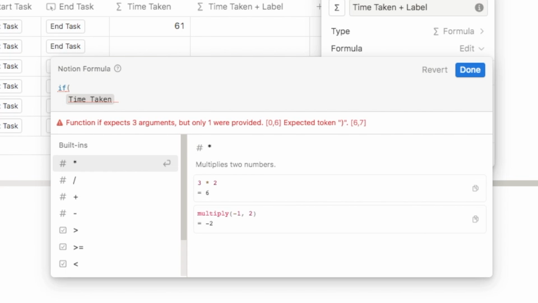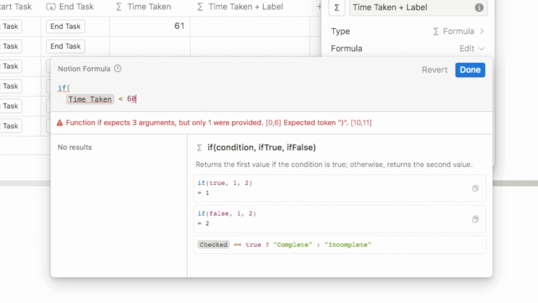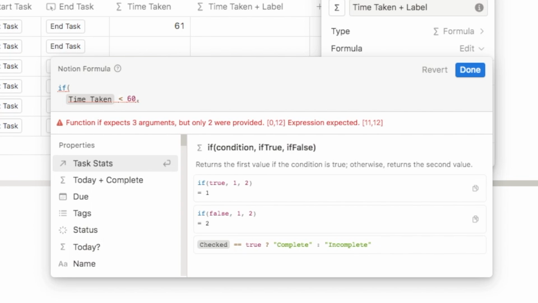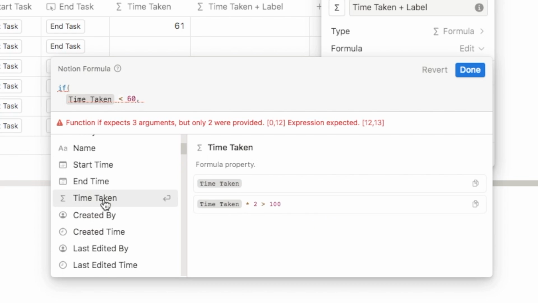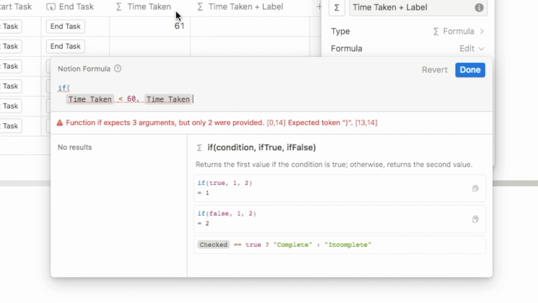We then want to check if that's less than 60, therefore it's less than an hour, add a comma, and then we need to tell the formula what we want it to display if this condition is true. So if the time taken is less than 60, as I said, we want to display this time here in minutes. So we're simply just going to add the number here because this is already in minutes. So we're going to add our time taken again, and that's simply just going to display whatever number we have